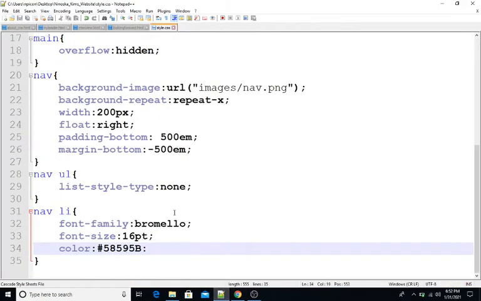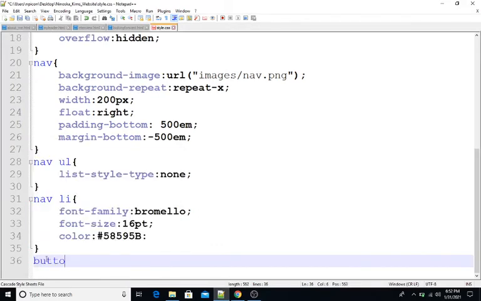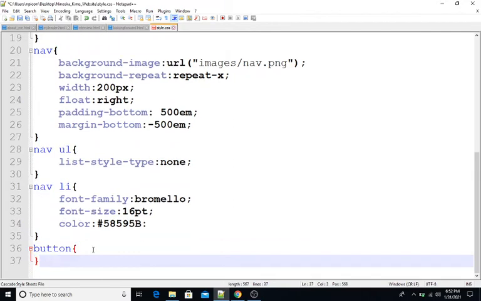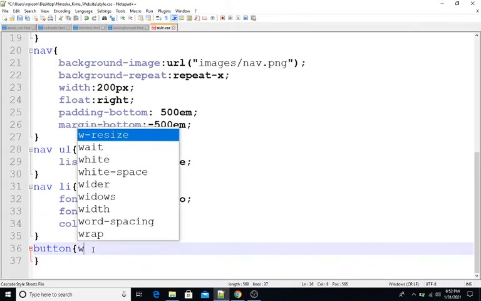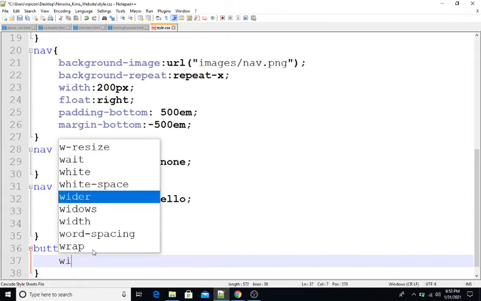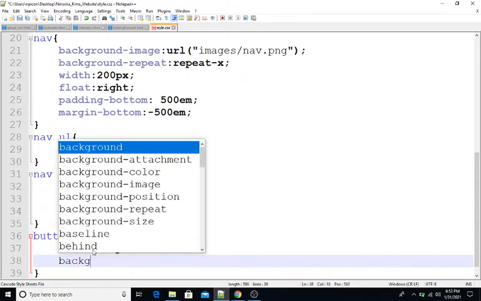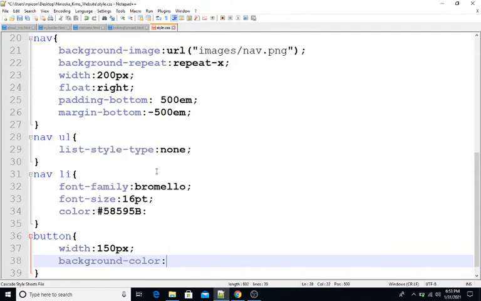So let's keep going. Now I want to fix my buttons because I didn't really like the way my buttons were looking. I'm going to start with the width, and I want it to be 150 pixels. And I want my background color to be